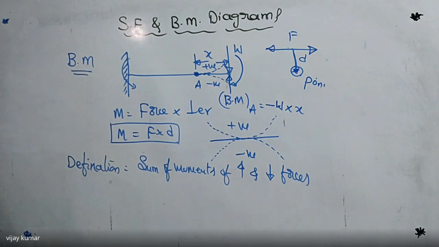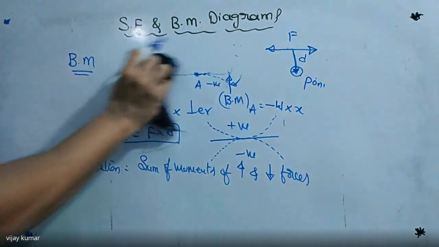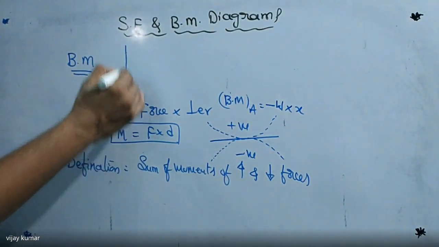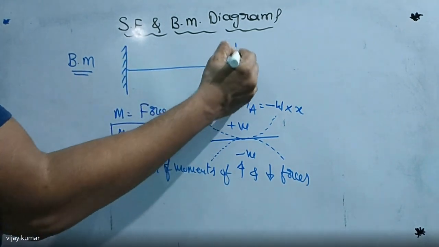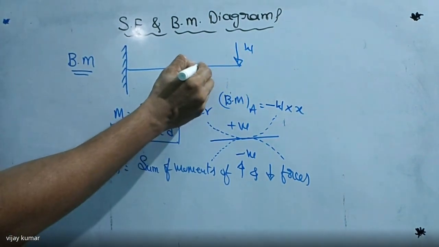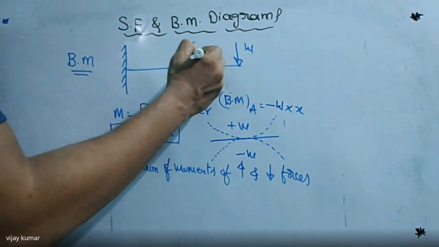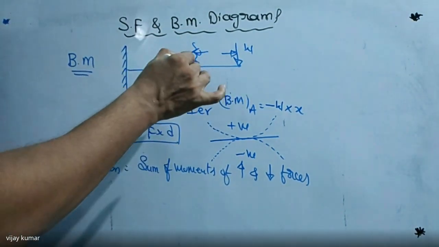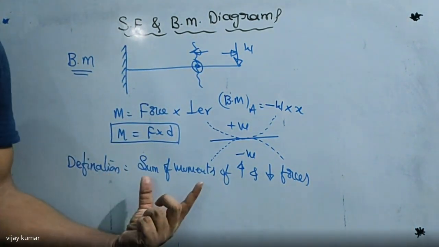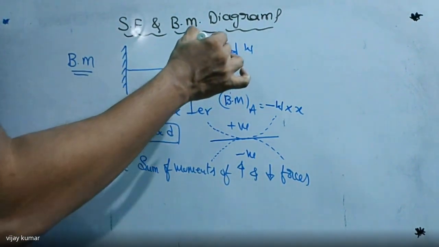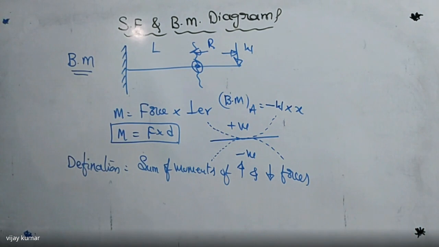Listen carefully, as in the previous case, if you take any beam, and at any point on the beam, for example, this is a point load, divide the beam into two equal parts here. It is the same in the case of shear force and in the case of bending moment. But how do we calculate bending moment here? We write the sum of moments of upward forces and downward forces. We can take either the right part or the left part, as in the previous case, that is shear force. Did you get the point?